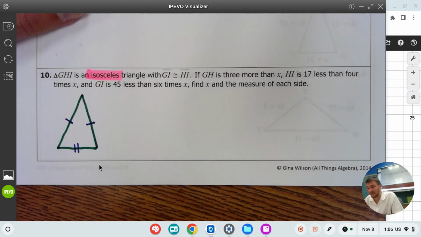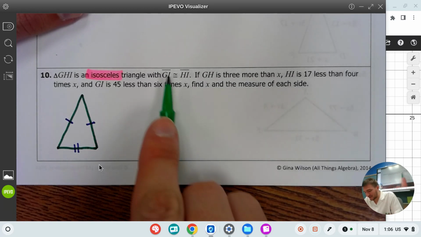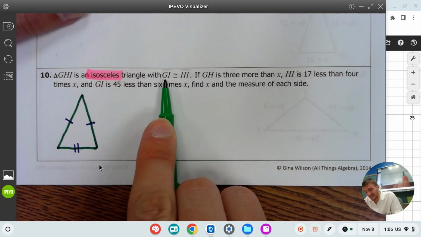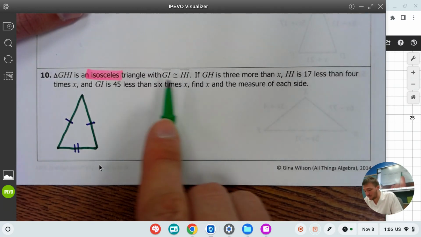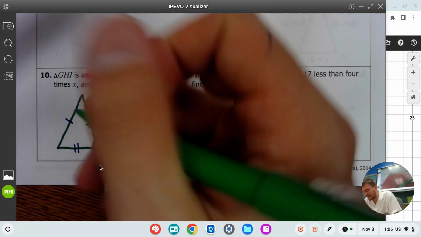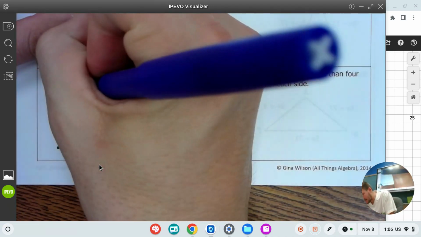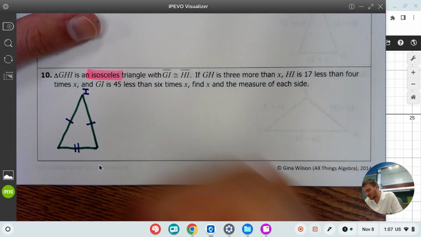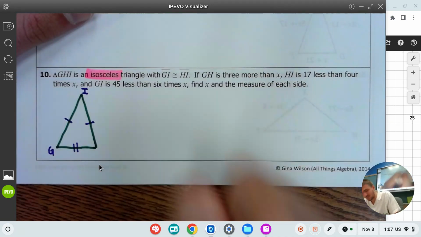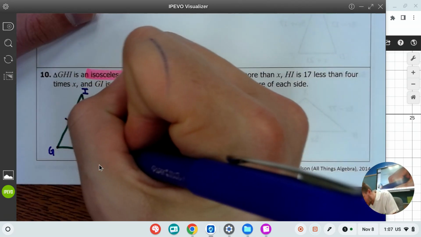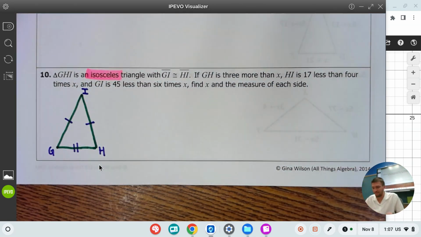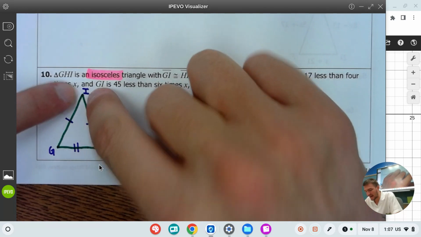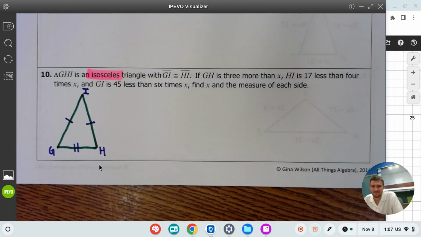I got bad news, guys. There's three options and we guessed both the wrong ones. Because look, GI and HI, so which one are they both sharing? They're sharing the letter I. So I is our top one, right? GI is one side, and HI is the other one. They both share the I. And now,